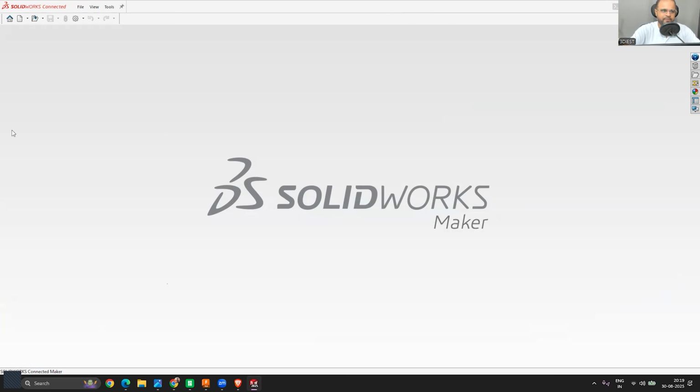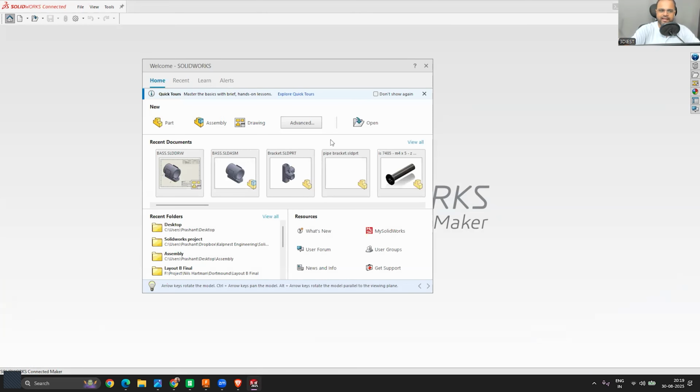Always remember this, right? Now, once you launch SolidWorks, just go to the home icon, and inside the home tab, we have the 3 different file types available. If we want to start with a part file, we can click on part. If you want to start with an assembly file, we can click on it. If you want to create a drawing, we click on this, right? These 3 options are to start a new design file, assembly, or drawing.